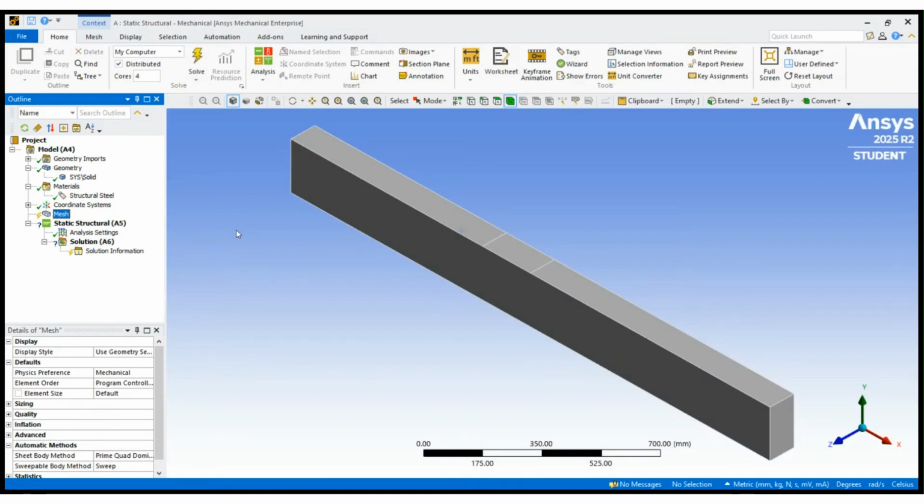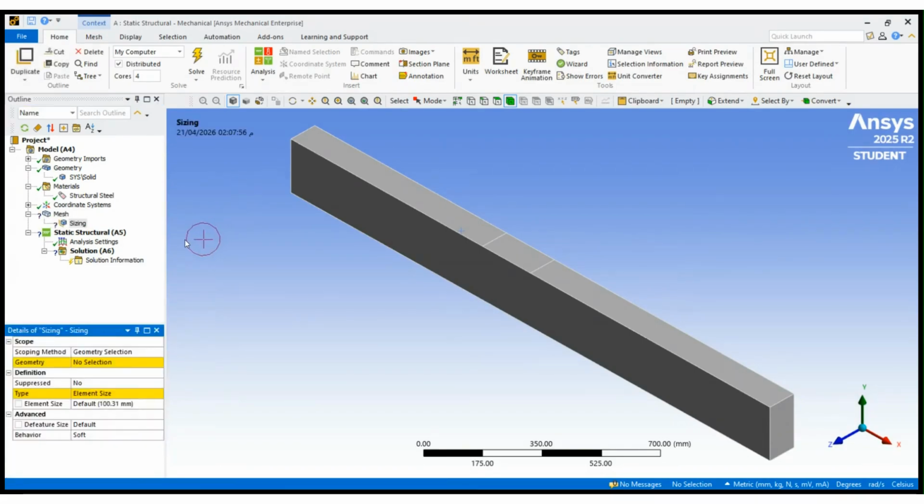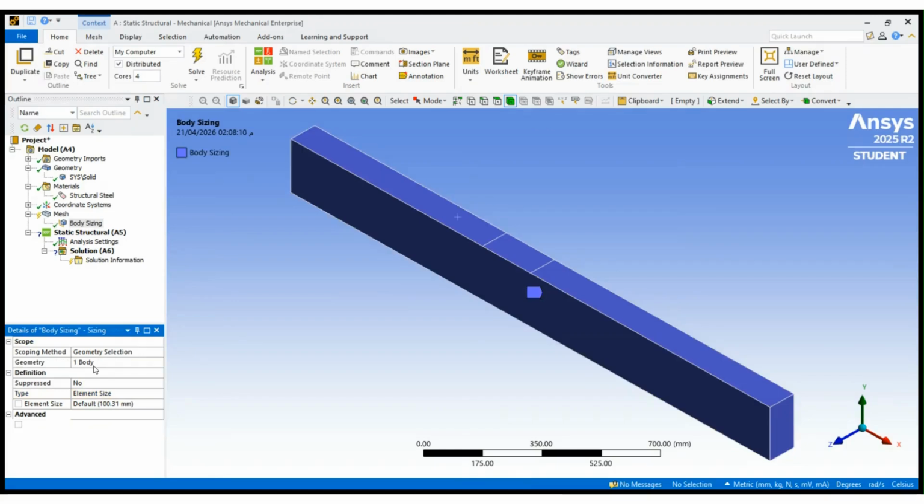Next, we move to the mesh. To set up the mesh sizing, we click on Mesh and insert Sizing, and to define the geometry, we click on the body and hit Apply, and then we define the element size.